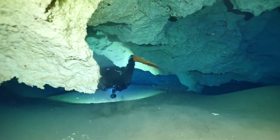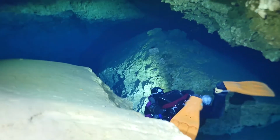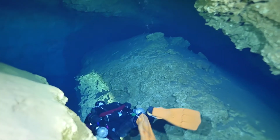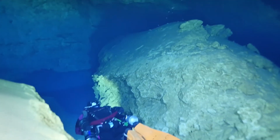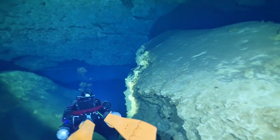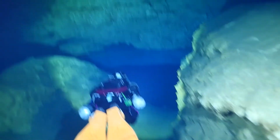I think this one was about 3 hours long. And then at the end of that, you pop out into this big room, which is part of the main passage. And the main passage here is characterized by wide, wide rooms that are relatively low. This is 1,500 feet back or so, and it's got that big boulder that fell off to her right side. And I swim over top of that just to give a little